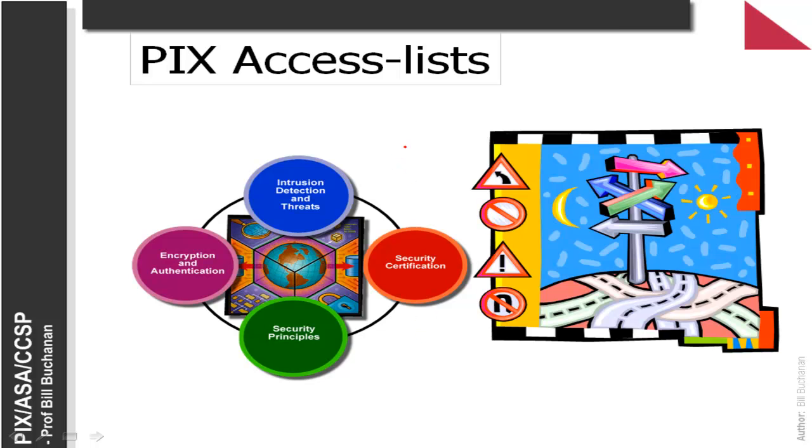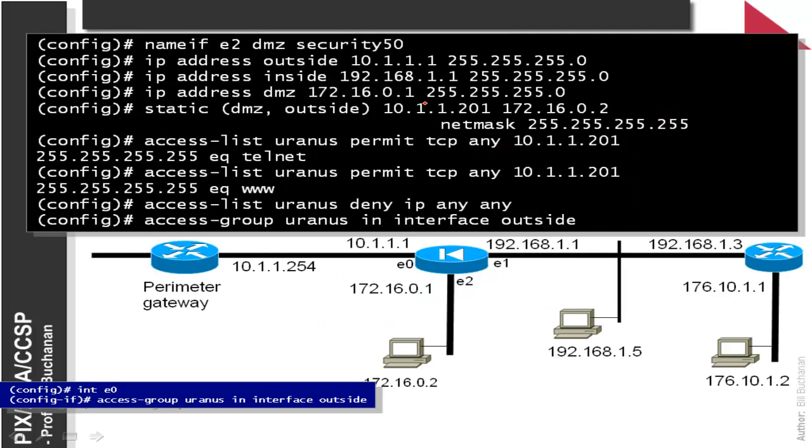We can use access lists inside the PIX, which is a fairly new feature for the PIX. And in this case, again, we can set up our IP addresses. We set up our static mapping, so this node here is seen from outside with this address. Next, we can define an access list, and this is permit any traffic to